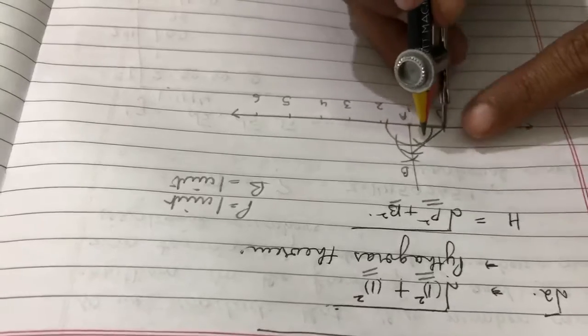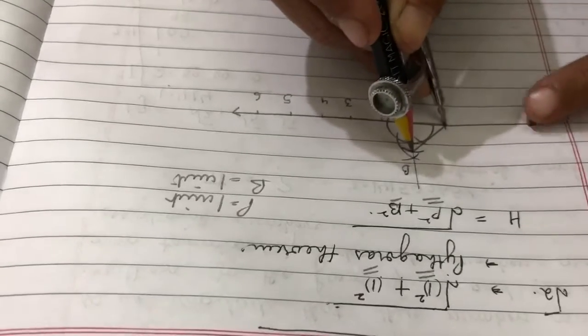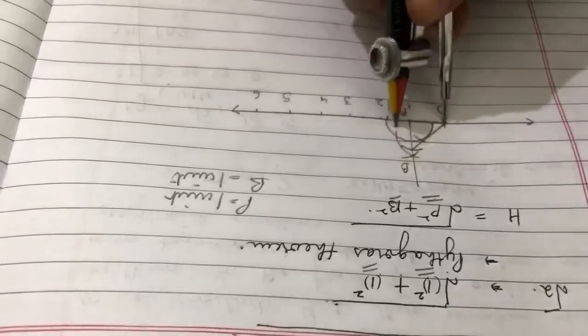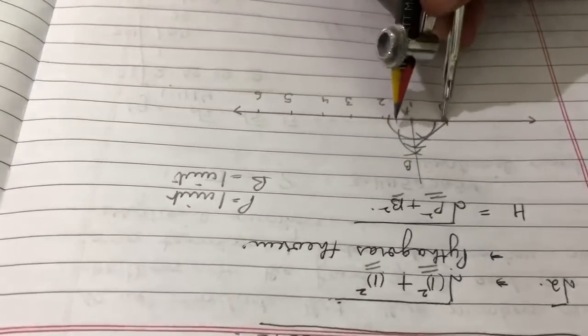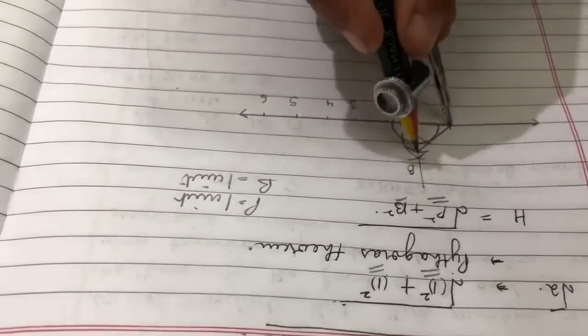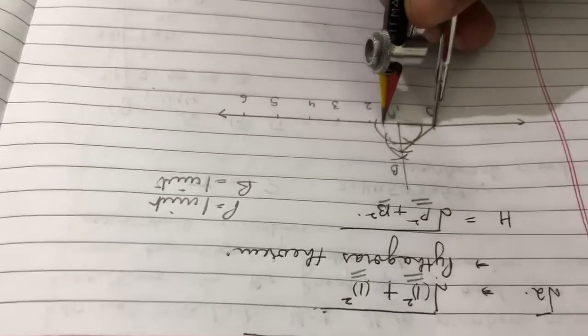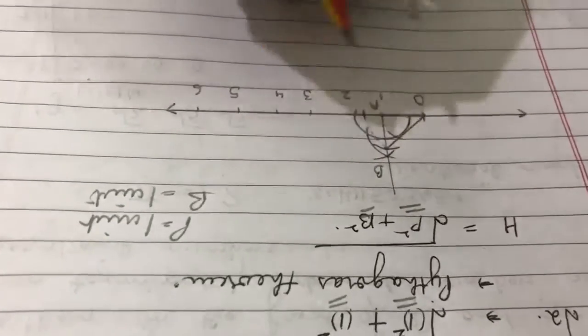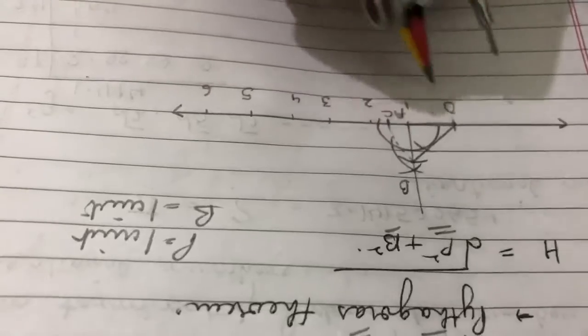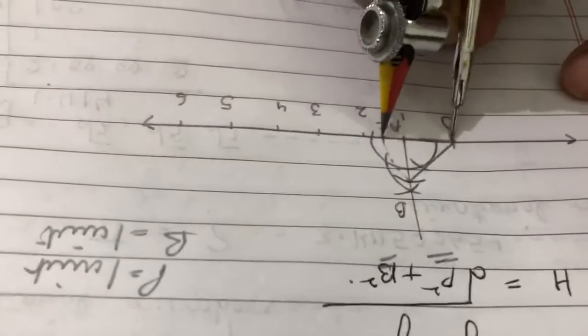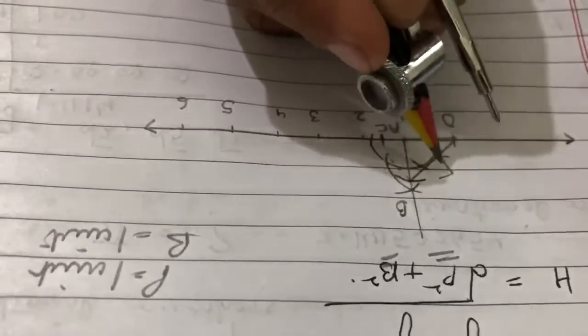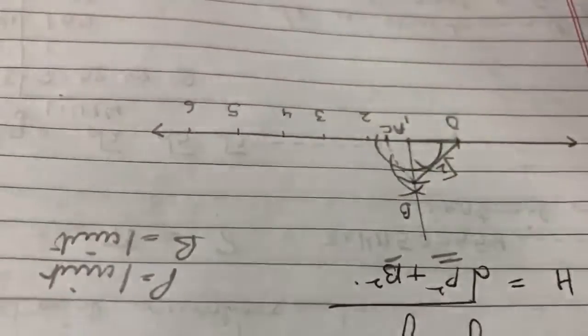Now what you are going to do is open the compass, measure the hypotenuse and put an arc on the number line with the same dimension. See how I am drawing? You have to bring it to this point, that is point C, and on this number line you are representing √2 now. I think it's clear to you.